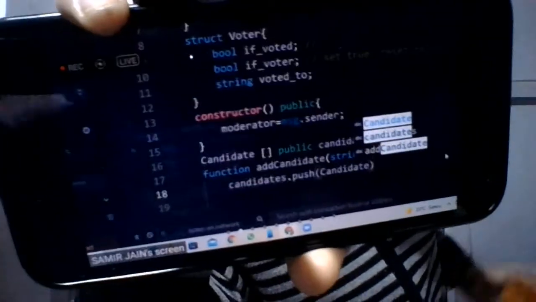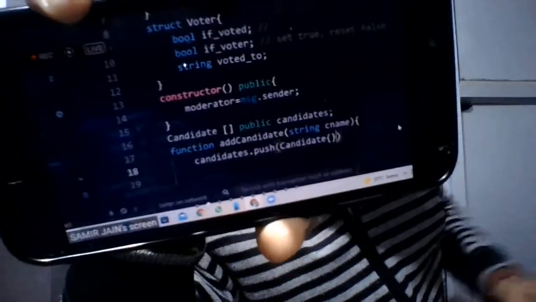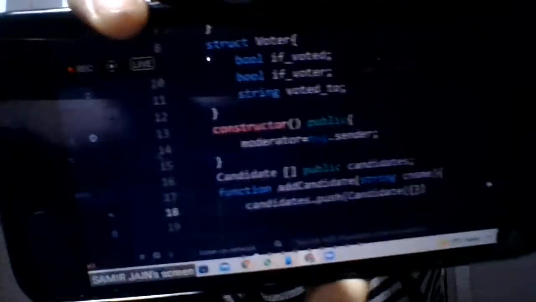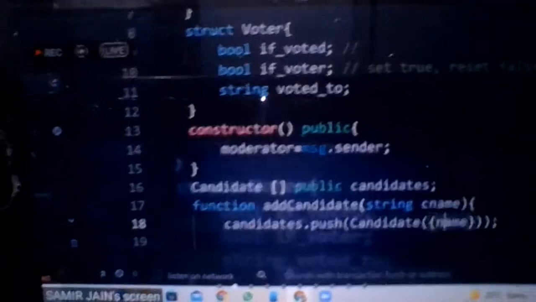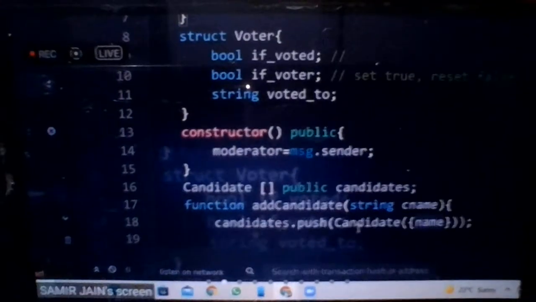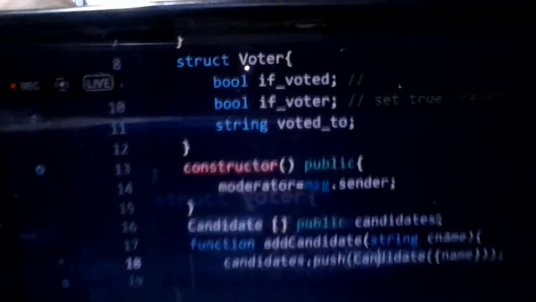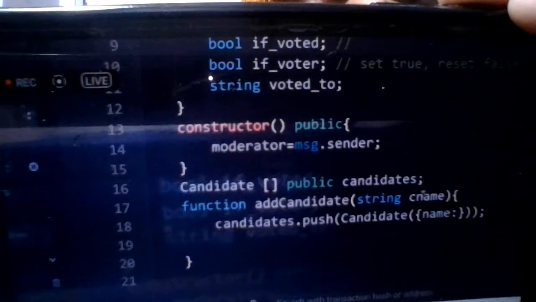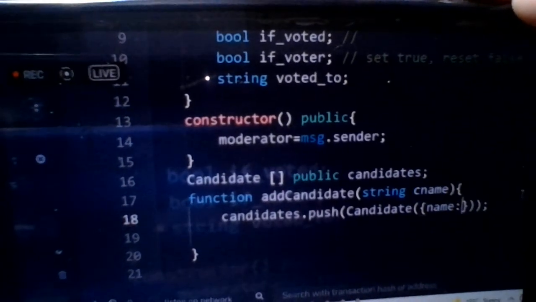So we will type candidate. We have to add a candidate with some name. For whatever candidate we are pushing right now, the name will be given by this variable cName.